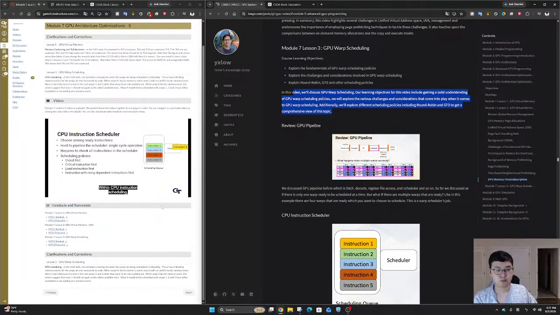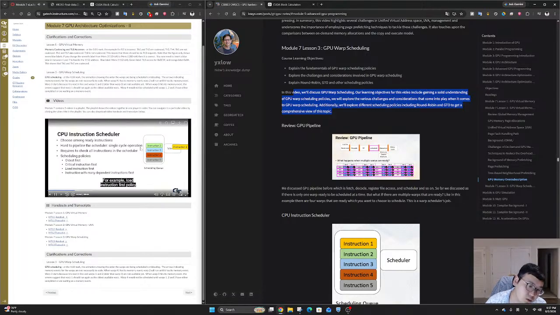Within CPU instruction scheduling, several policies come into play, including oldest first and critical instruction first. As examples of critical instruction first, there are load instructions first and instructions with many dependent instructions first. For example,